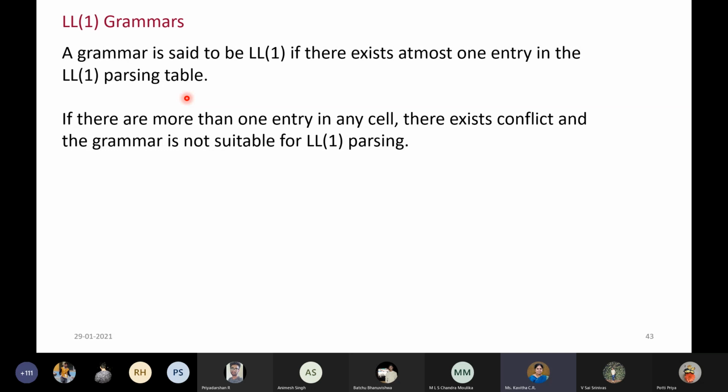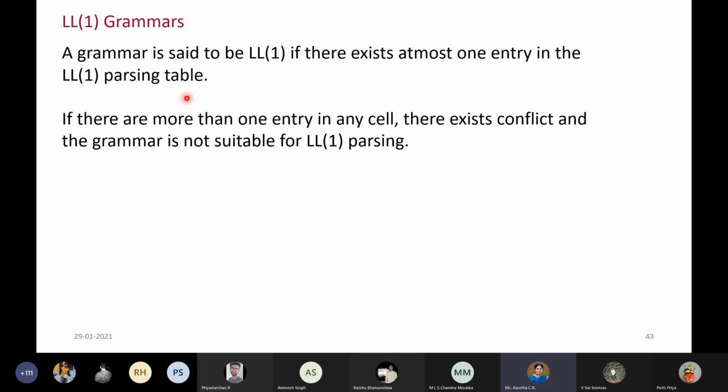So what may be the wrong thing then? Maybe the number of lookahead symbols we are using is not sufficient. This may be one reason. The other reason may be that our grammar is still not well defined to handle LL(1) parsing. That is why this problem is coming, so the conflict is coming.